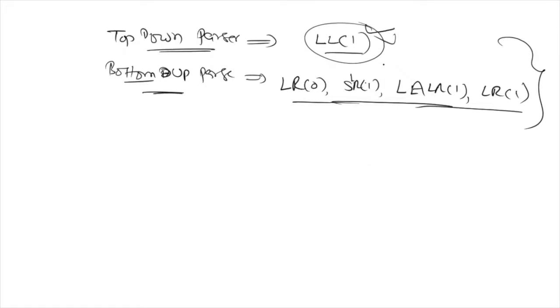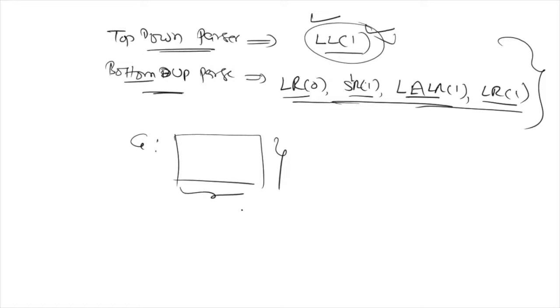In all these parsers, we will see the most frequent question that you will see in your NET exam. What they will do is give you a grammar, and for that grammar they will ask you whether that grammar is LL1, LR0, SLR1, LALR1, or LR1. So which grammar you have. We will also focus on this thing only, because this is the most frequent question, and some theory about these things that we will see.